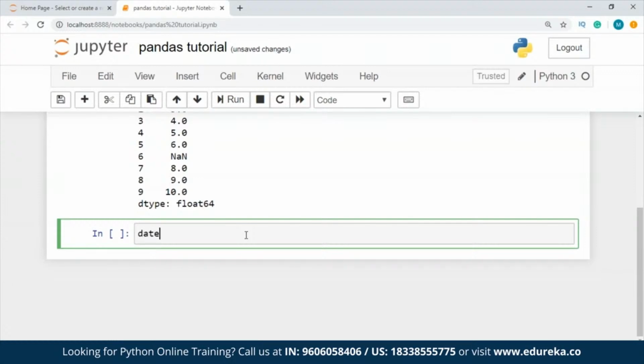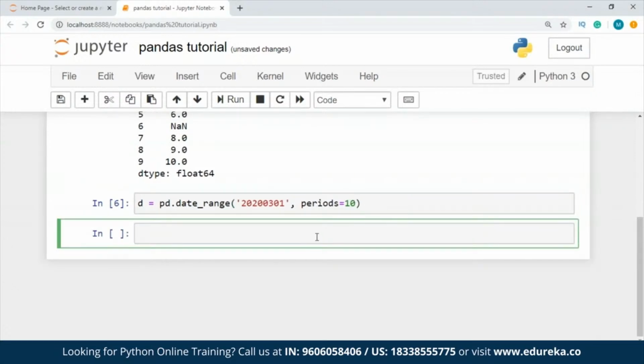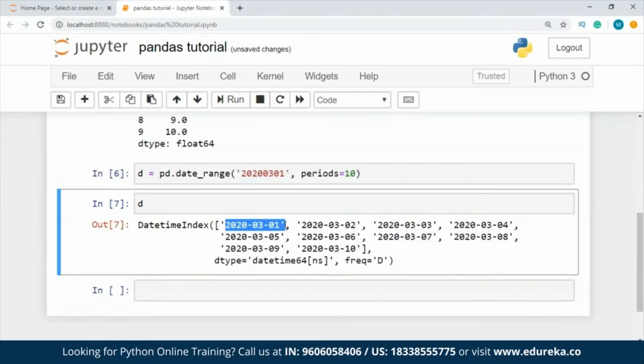I'll take one variable, let's say dates, I'll just type it as D, and I'm going to take pd.date_range. After this, I'm going to pass a few values, let's say 2020, and since we're in the month of March, I'll just write it as March. And after this, I'm going to take periods equal to, let's say 10. So this is my date range, guys. Okay, I have an invalid syntax, right? Should work fine now. So when I print D over here,